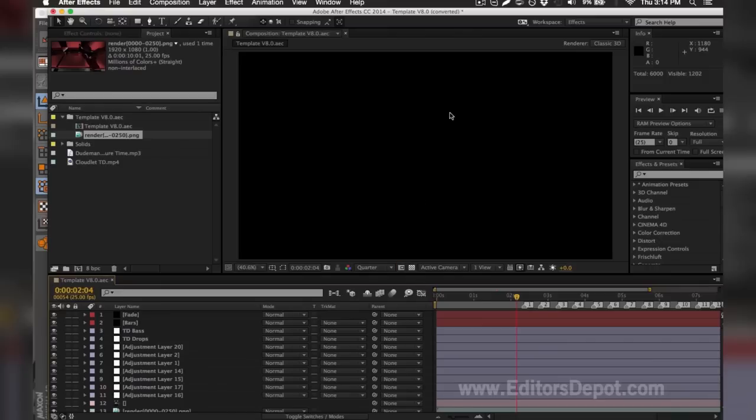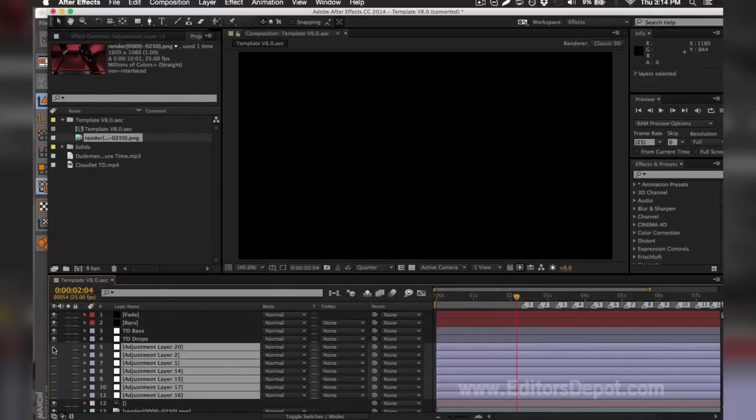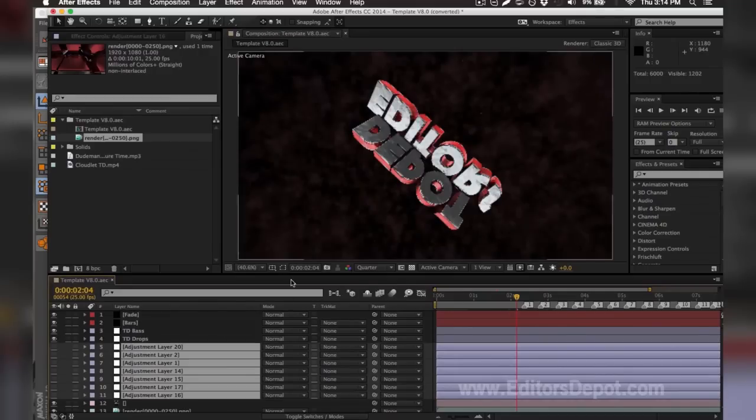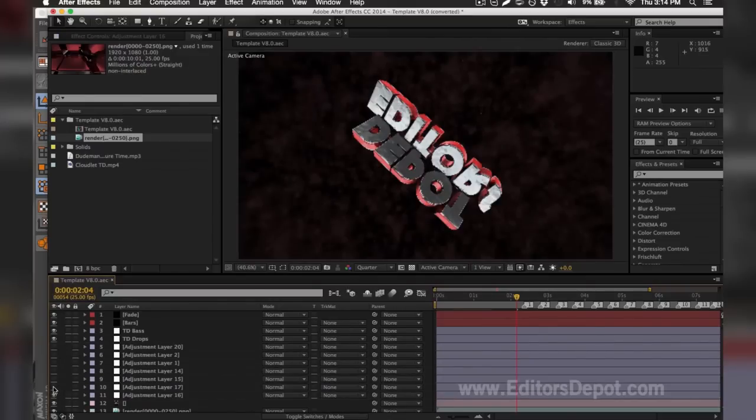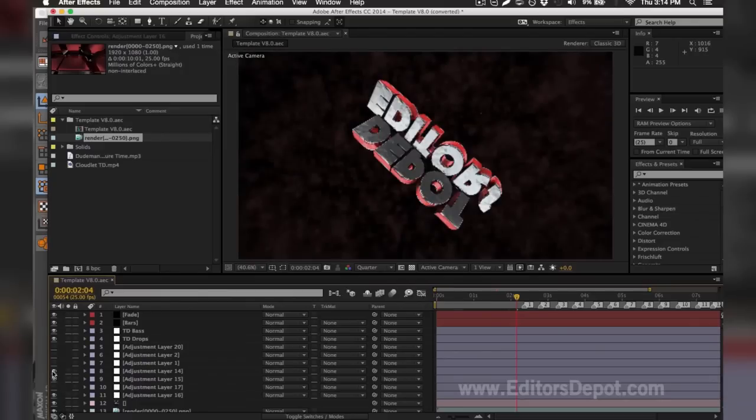And if you don't, you're going to have a black screen similar to this. If you do have a black screen like this, you want to troubleshoot it by turning off or turning back on whatever adjustment layers might be messing up your entire video. As you can see here, one of these adjustment layers messed up the entire render. So I'm going to turn them on one by one. That one's fine, that one's fine. Oh, this one's the problem here. So you make sure you turn them back on